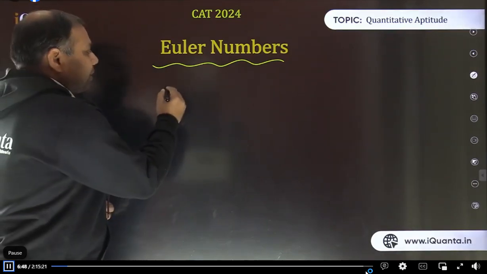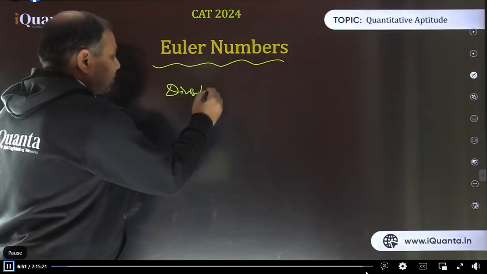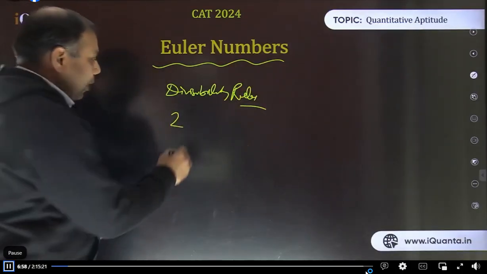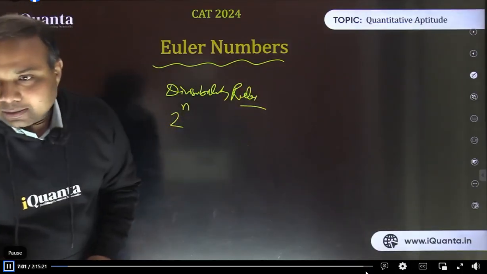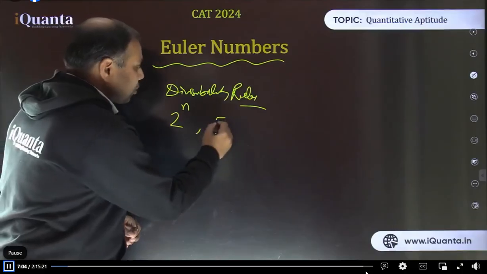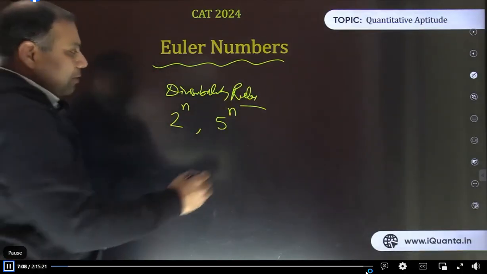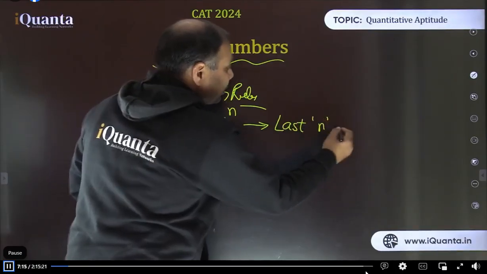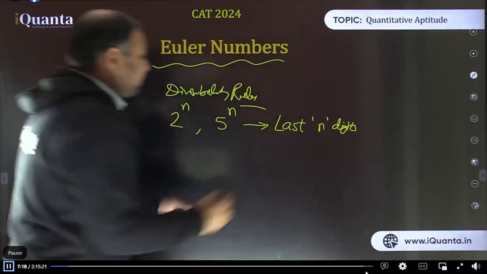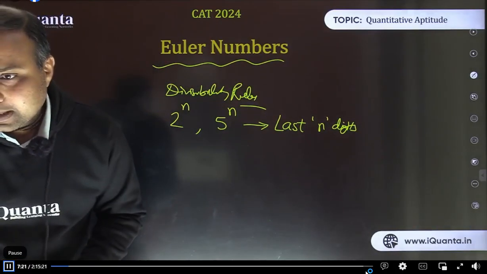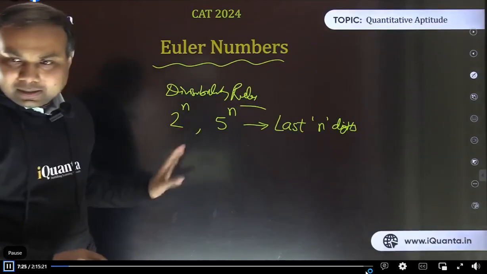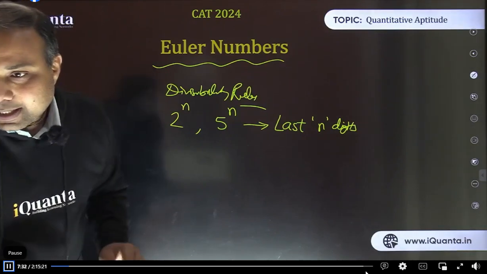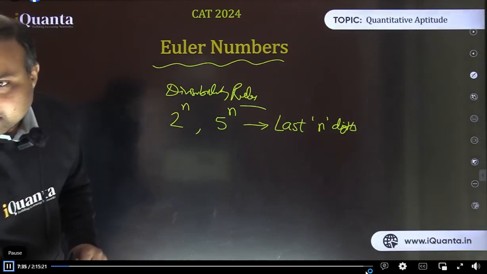See, you discussed divisibility rules yesterday. That was one part, okay? And which rules did you discuss? You discussed the rule of 2 and all powers of 2, 2 power n. And in the same way, you discussed the rule of 5 and all powers of 5. That was a common rule. And the rule was that you need to check whether the number formed by the last n digits is divisible by the divisor or not, right? That was the basic rule. Is there any confusion in that? I think we have created a conceptual video also on that. I hope you have seen that, right? Okay, Sakshi, we will come to assignment questions later.